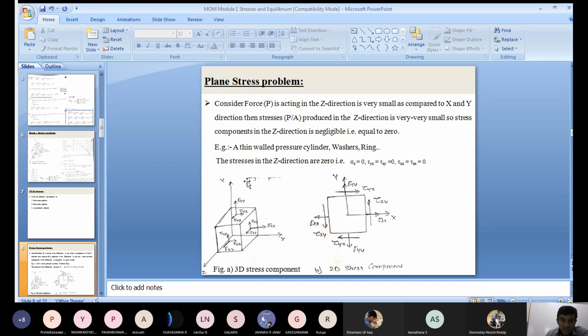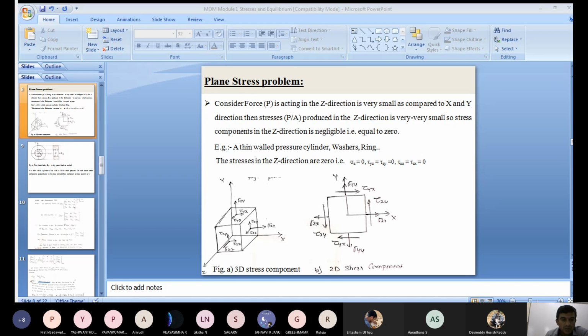Now how does it convert the three-dimensional component? See a cuboid, okay, having a total of how many stresses? 6 stress components are acting on the cuboid. How does it convert into a two-dimensional stress component? See, in the z direction, the thickness we consider is very small, so the load in the z direction is also small. Once the load is small, the stress induced in the z direction is also very small, so we neglect